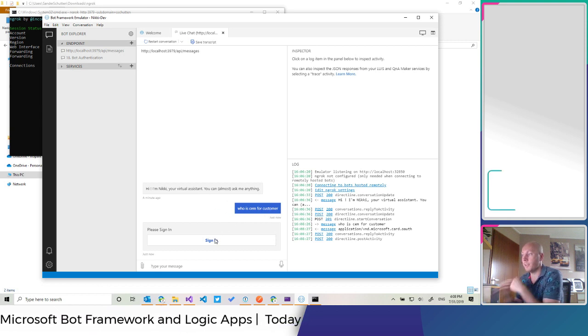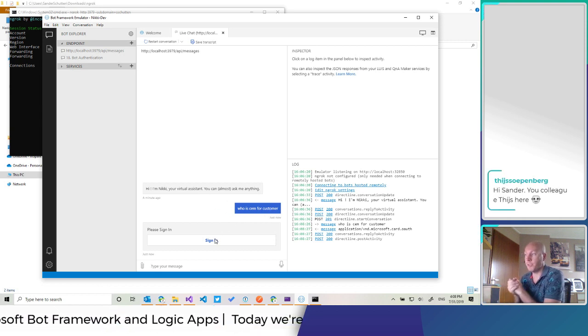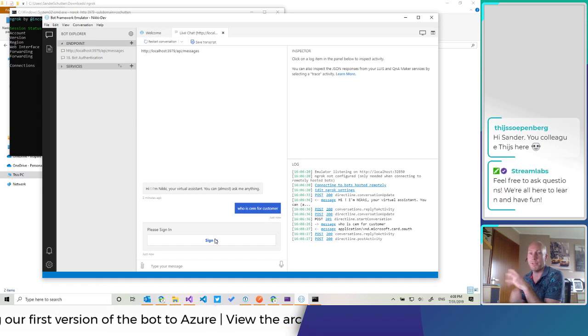Right, so as you notice, the first thing we need to do is actually sign in before we can use this bot. And that's because we implemented the OAuth prompt in the bot, and I'll show you in a moment what that looks like. And we need to do this in order to be able to have this bot be multi-tenant. So I want to have a single,